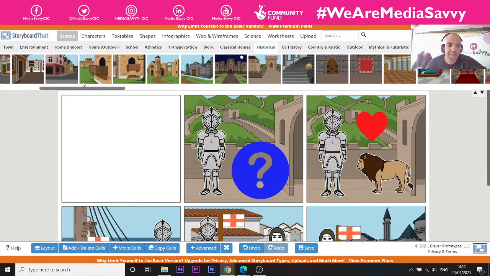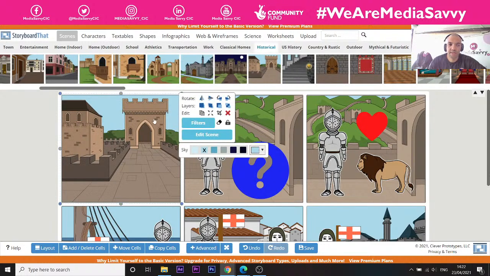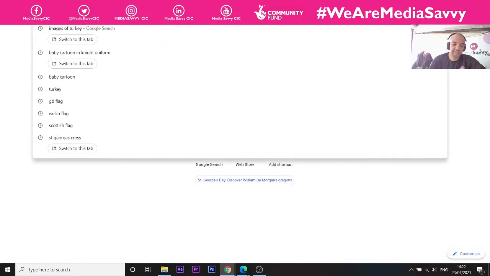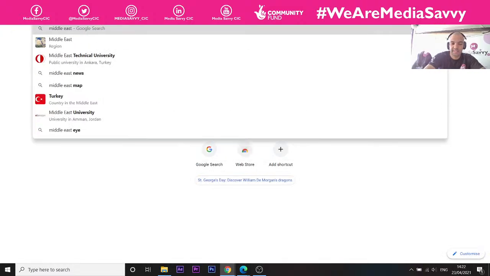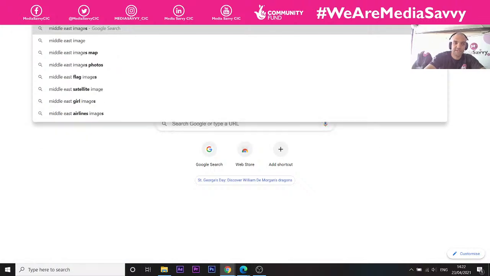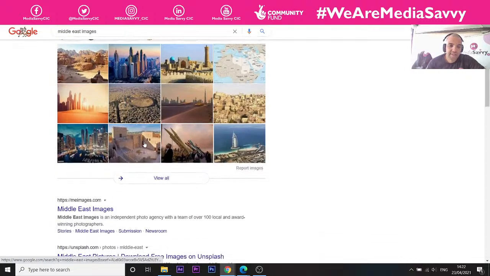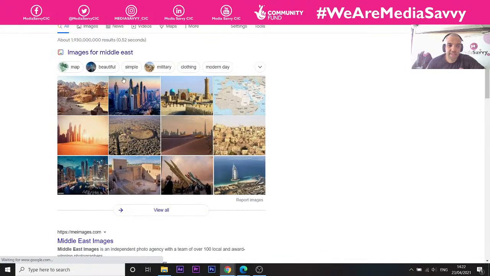What we can do is, let's put in a building. This building, for example. Now, if you remember from the last session, we can change the colour of these elements, background, skies, things like that. Now, if we type in the Middle East images, not turkeys. Right, these are the kind of images I'm trying to think of, and this, guys,